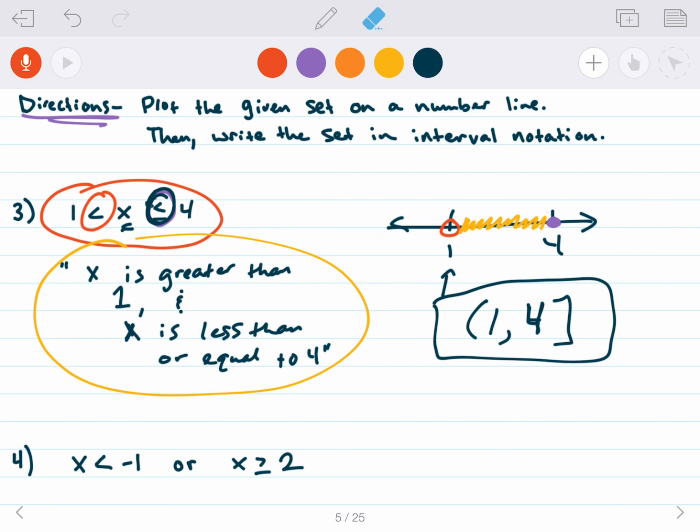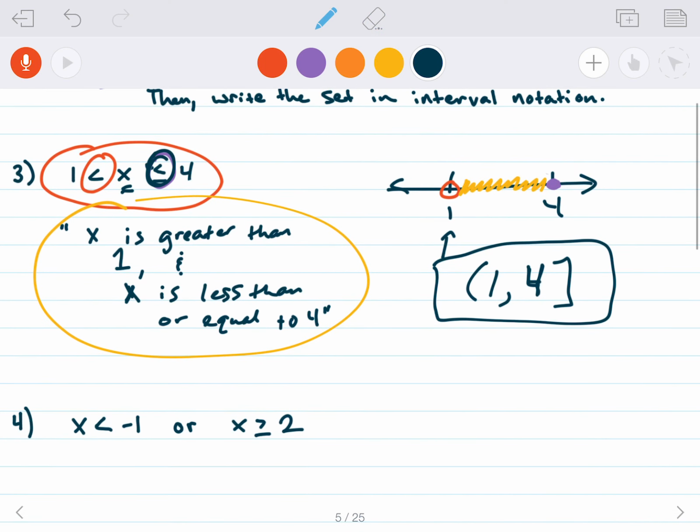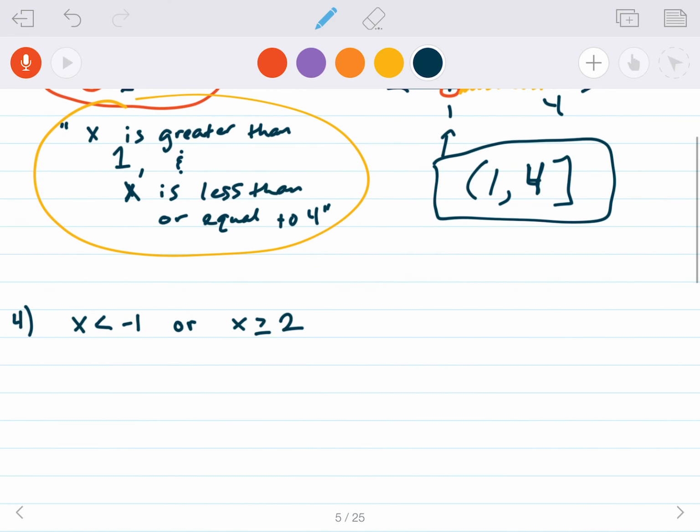So let's do this other example. We have x is less than -1 or x is greater than 2. So either of these could be true. In the previous problem, since it was between the two numbers, they simultaneously had to be true. Like it had to be greater than 1, but less than or equal to 4 at the same time. Here, however,